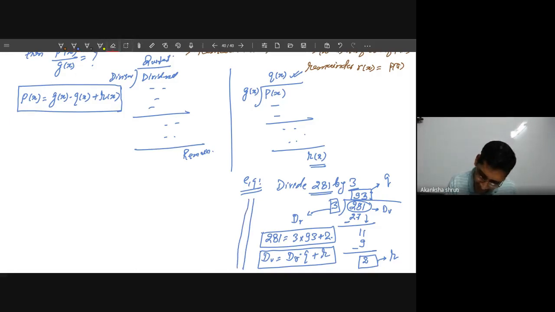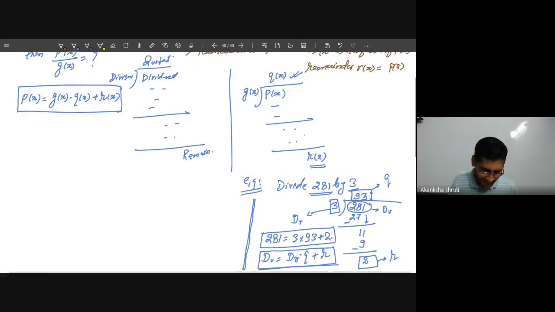Now in place of a number, if we take two polynomials, in which one polynomial is considered bigger and the other smaller. How are the polynomials considered bigger and smaller? By considering their degree. If the degree is higher, we consider that polynomial as superior. Then that higher degree polynomial can be divided by the lower degree polynomial. Then this division algorithm, that dividend is equal to divisor into quotient plus remainder, also holds good.